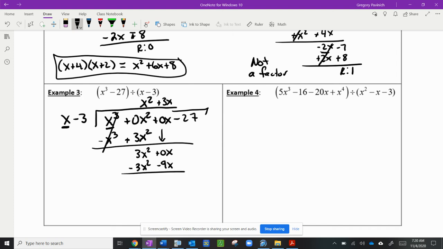I'm subtracting, so I'll distribute that subtraction sign through. And then I'm going to bring down my negative 27. Okay, lastly, what multiplies by x to get 9x? That would be a positive 9. 9 times 3 is negative 27. These match up perfectly, so when I distribute my negative, they're going to be opposite signs, giving me a remainder